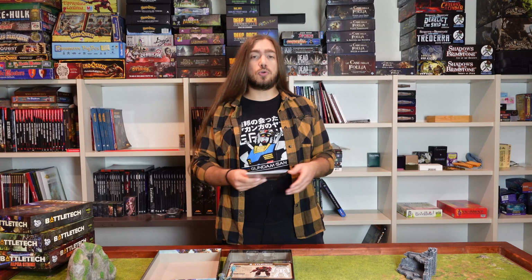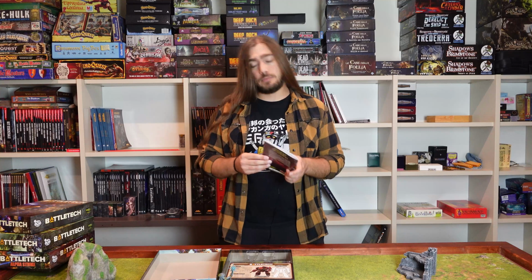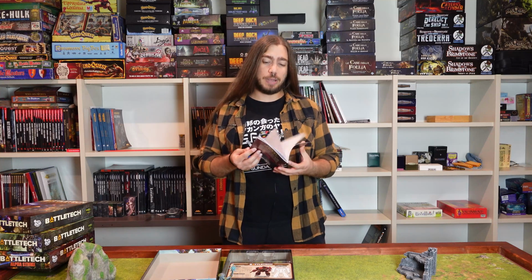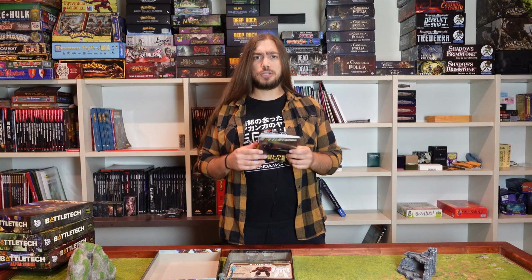And I'm not going to review in detail the entire novel. Let me just say that it's pretty good. I mean, it's a 24 pages short novel. It's not like you're going to get an experience like when you read a 100-page book, etc. But this is a very good starting point to introduce you to the lore of Battletech, specifically what